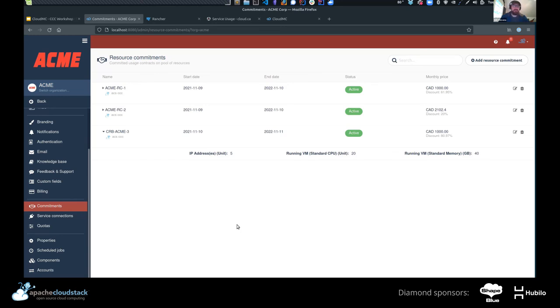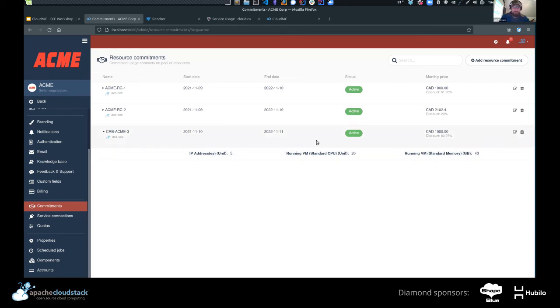And this allows you to say, okay, for that amount, I will give you a discount for that. And then anything you use beyond that is utility. So it allows the service provider to have a little bit more predictability around their revenue, and it allows the customer to have a bit of a discount for their standard, we use these VMs all the time type of thing. So I'll just delete that.